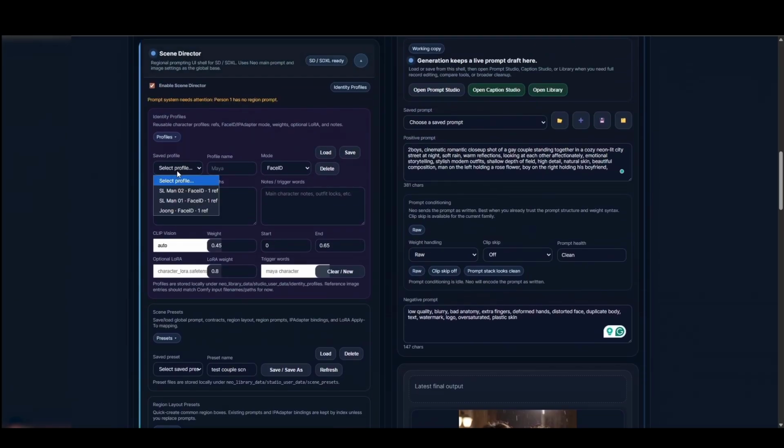Here you can make a profile. So here you can put a name like